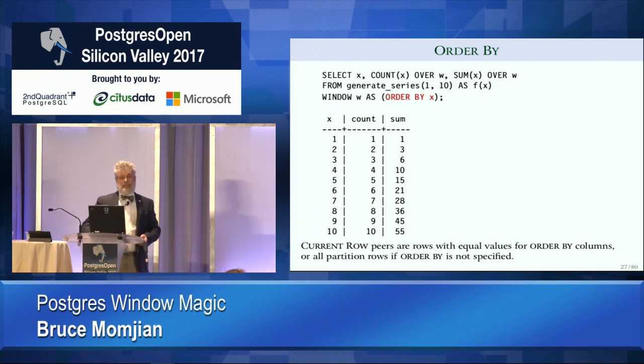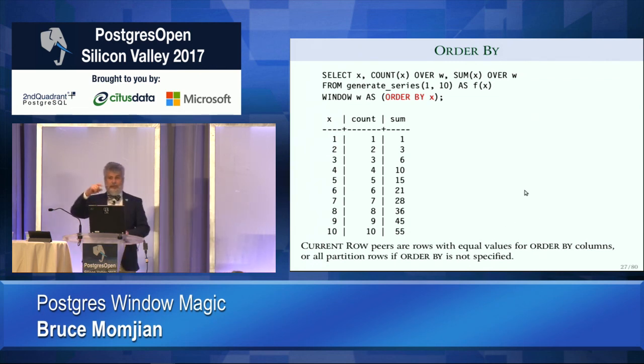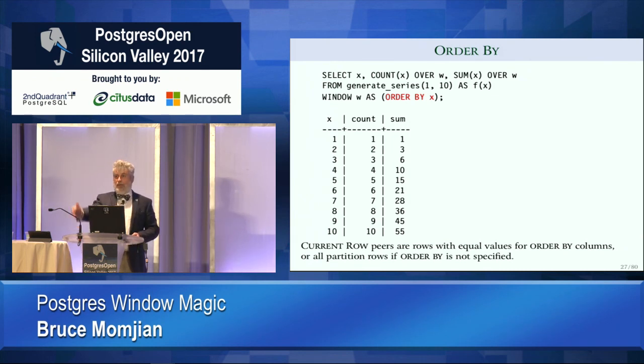And in this case, it's pretty clear. 1, 2, this is 6 because it's 3 plus 2 plus 1, all the way back. Again, once you add the order by clause, do you remember when I ran this query before, I got 55 the whole way? Do you remember that? It was all 55. Okay? Remember, there's no frame clause here.